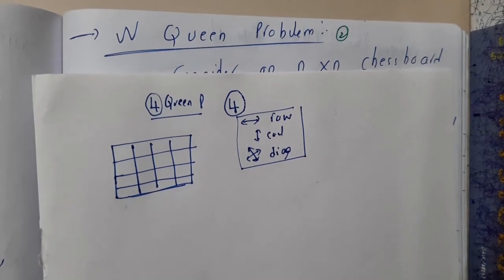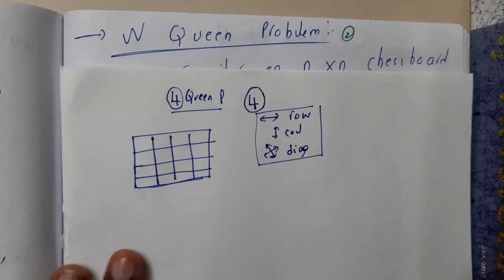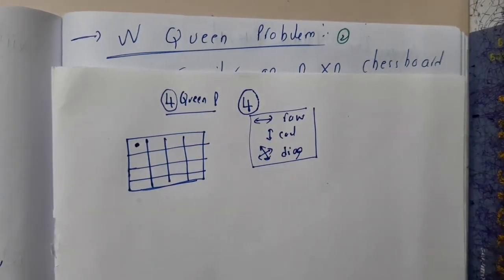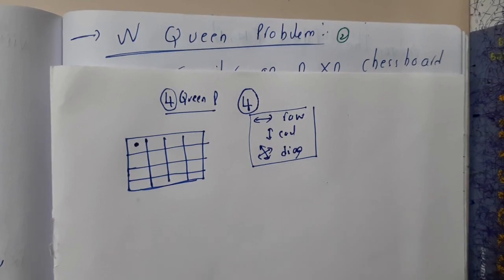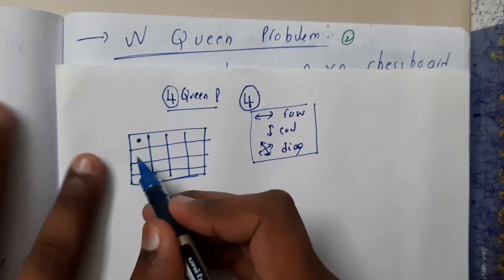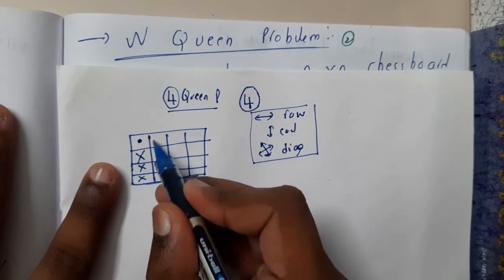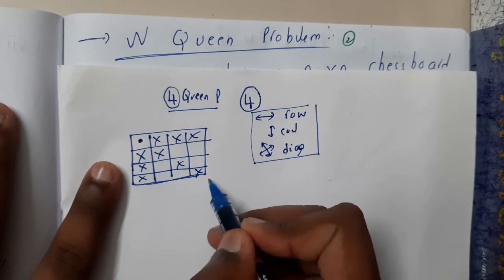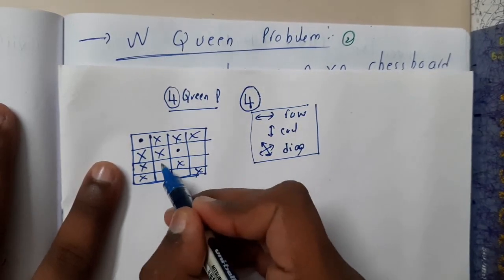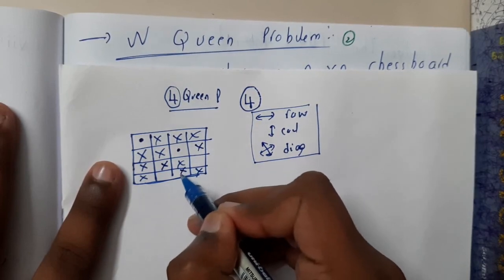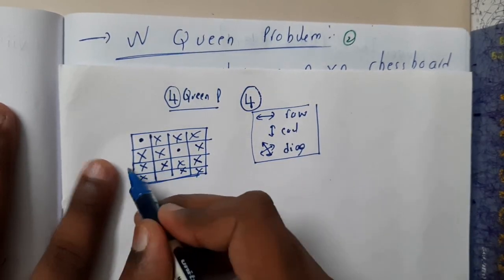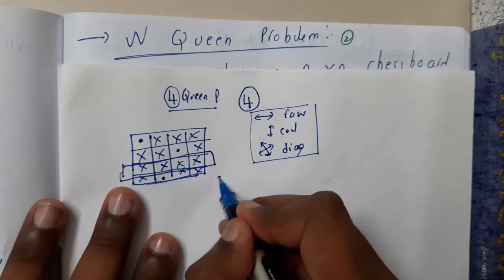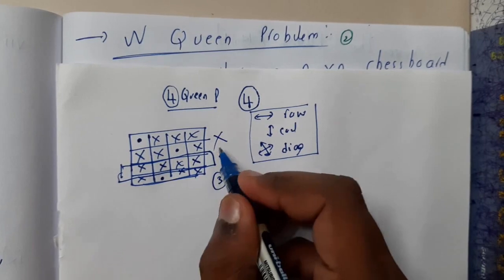First of all, you'll be thinking that for 4 queens, it's easy. You'll place the first queen here. I'll explain how we will try and how computers should do it. Say I keep it here. Now I cannot place anything in these lines, so I'll draw cross marks so it will be clear. All those lines are blocked. Now assume I selected this point. This line is blocked, this line is blocked, this spot is blocked, and this spot is also blocked. Now I don't even have a chance to place the third queen. The fourth queen I can place here, but the third queen is missing. So this path is wrong.